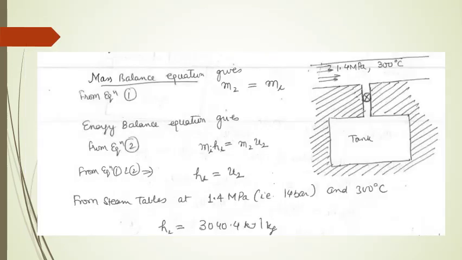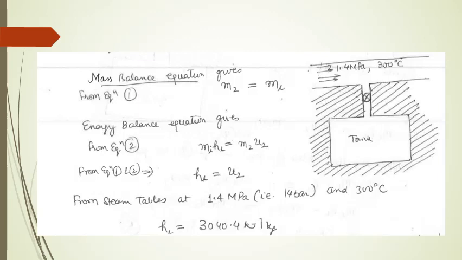Now this is the diagram. As I have explained you that steam is flowing through a pipeline and this pipeline is connected to a tank through a valve. And this valve is opened and steam is allowed to flow into the tank till the pressure in the tank is 1.4 megapascal. This tank is evacuated initially, means it was not containing anything, it was empty. Okay, and this process is adiabatic. That is why H lines have been shown.